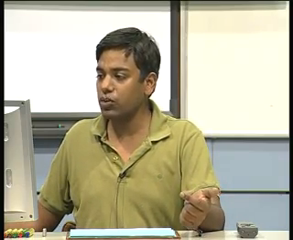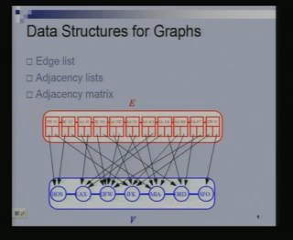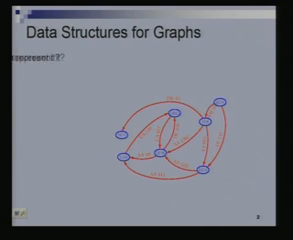So, I am going to be discussing three different data structures for representing graphs. One would be the edge list data structure, second the adjacency list data structure, and third an adjacency matrix data structure. We will see what these are and how they can be augmented and combined to give better performance and faster running times. Okay, so the simplest